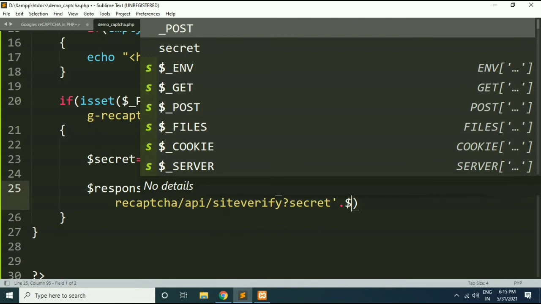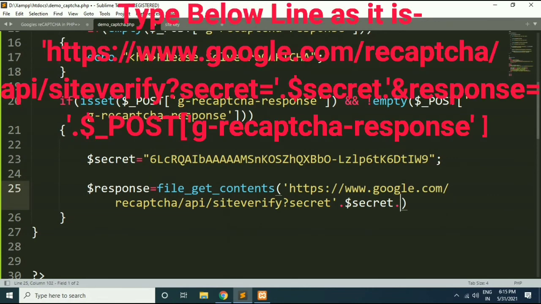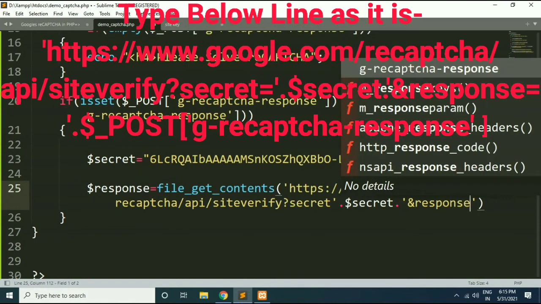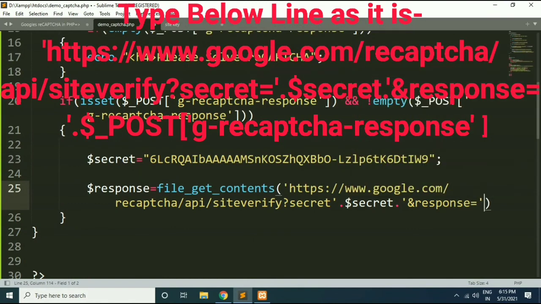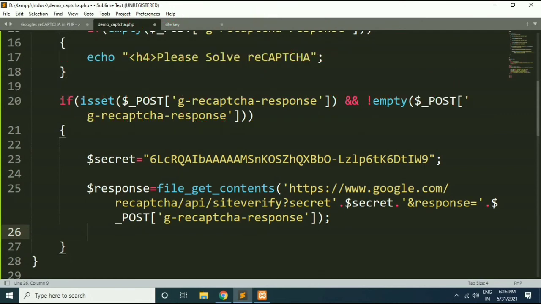So I will write here $secret. Okay, and then we need to provide the response of the user. So I will write &response, and where our response is available? Our response is available within POST g-recaptcha-response. So I will paste this value here. This is how we will try to read the response and validate it with the Google server.